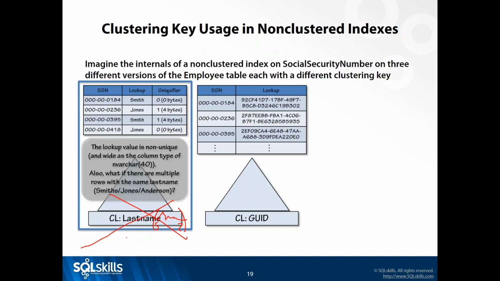In fact, I think Paul did the math once and said that if you inserted 100,000 rows a second into a big int, it would take 2.95 million years before you'd run out. So you're not going to run out of a big int. An int, yes, an int only goes to 2 billion, okay? For many of you, you don't want to use an int. But a big int is fine, and a big int's only 8 bytes, whereas a GUID is 16. So I would argue that even though it's unique, it's unnecessarily wide,